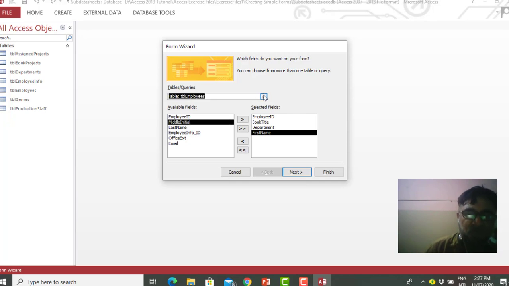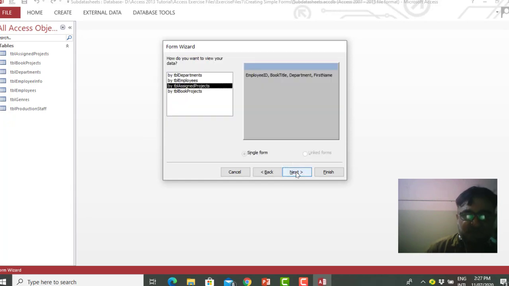So we can select any field from the available tables and queries in order to create a form by the form wizard.